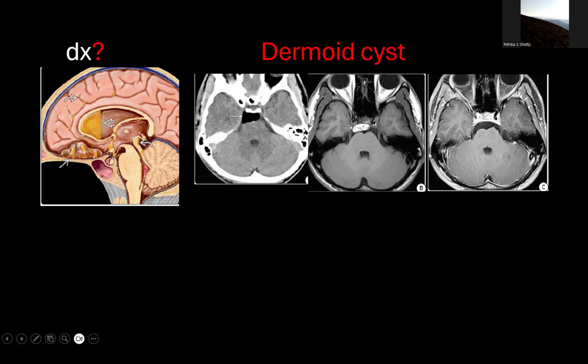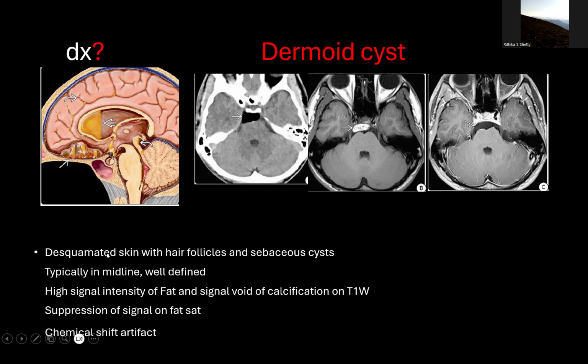So this is a classic case of dermoid. Desquamated skin with hair follicle and sebaceous cyst, as we can see in this image. Typically midline, well defined, high signal intensity of fat, and if there is calcification, it will be seen as flow void. And we can even use fat sat sequence to see